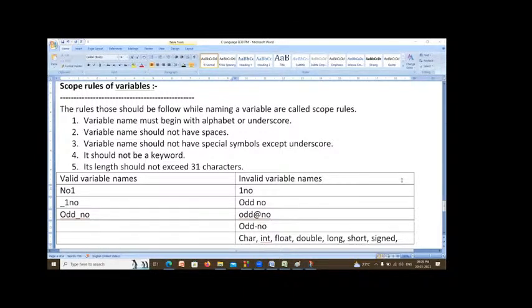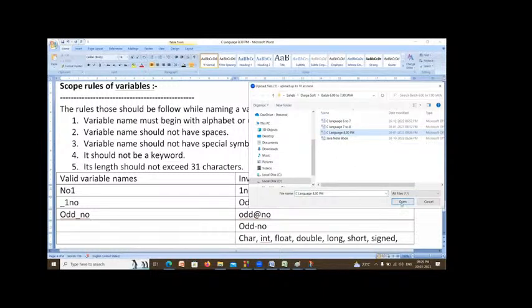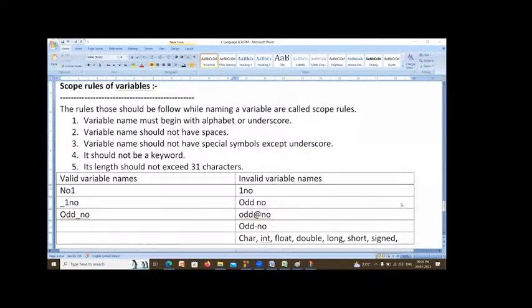No, sir. I'm not able to send the file. Okay, you note this down, please.